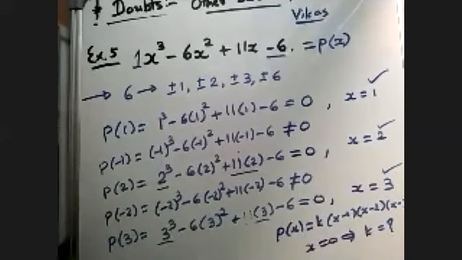No. We should not show everything. Now, yes, sir. Why do we find only factors of 6? In the question, 24x and 6 are there, so should we still take factors of 6? Yes, Navya. We have to take factors of 6 only. This is what the integral root theorem is saying to us.